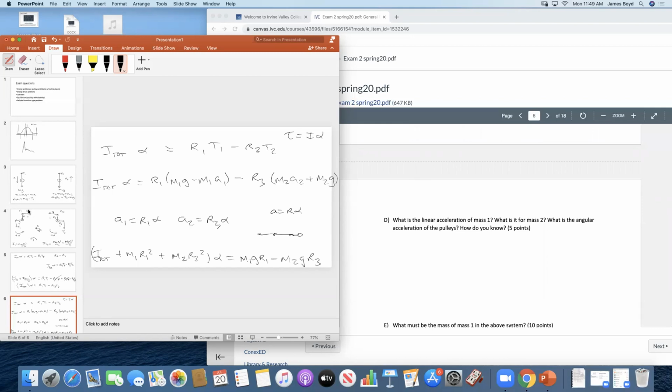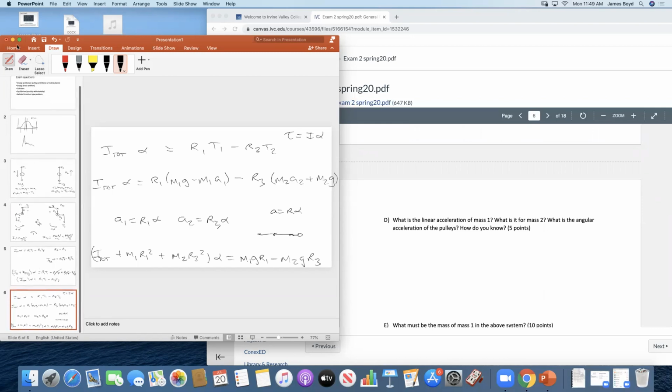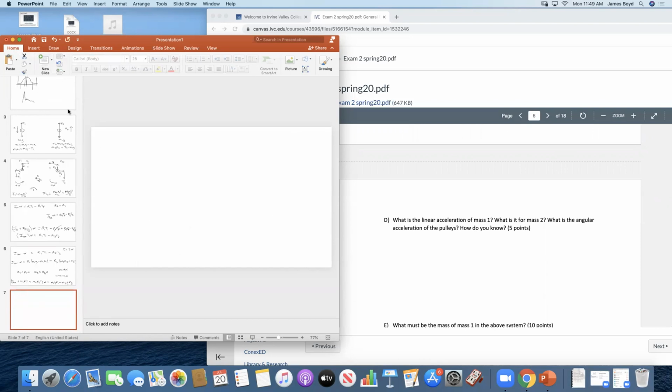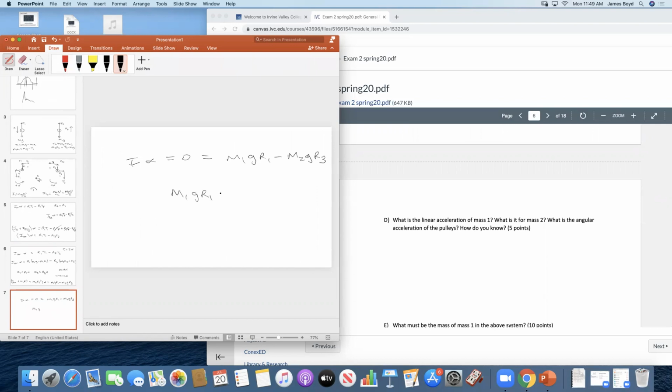So when we go to here, you might have been able to do it a little earlier, but I would prefer you not to. I get that I alpha, all that I stuff is 0, is M1G R1 minus M2G R3. And we can see that M1G R1 is equal to M2G R3, canceling the G's. M2 is equal to M1 R1 over R3, which is really easy to do